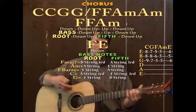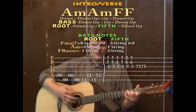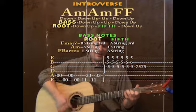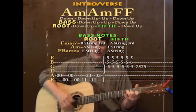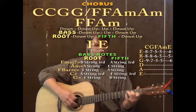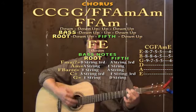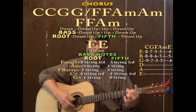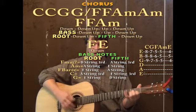So we tried that next part with kind of a country feel. We'd have A minor, A minor, into our next chorus. So we tried that with our chorus. We'd have the C, G with low E, and then D, G with low E, and D, and then F, A minor,